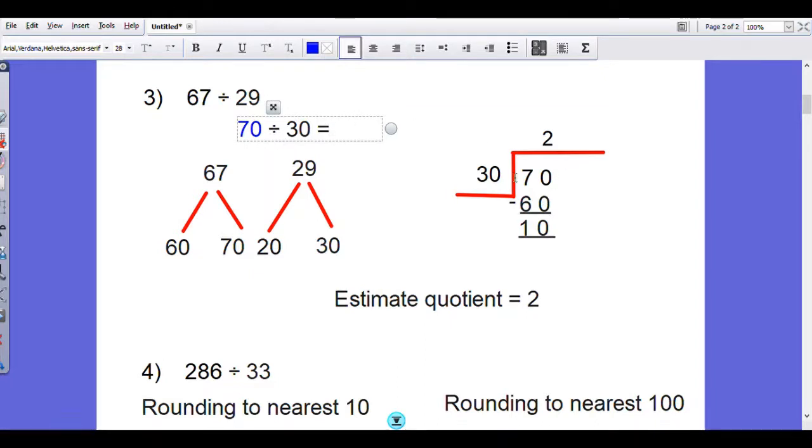So 70 divided by 30, your estimate quotient is 2. 2 times 30 is 60. Now 0 minus 0, 7 minus 6, 1. Okay student, now